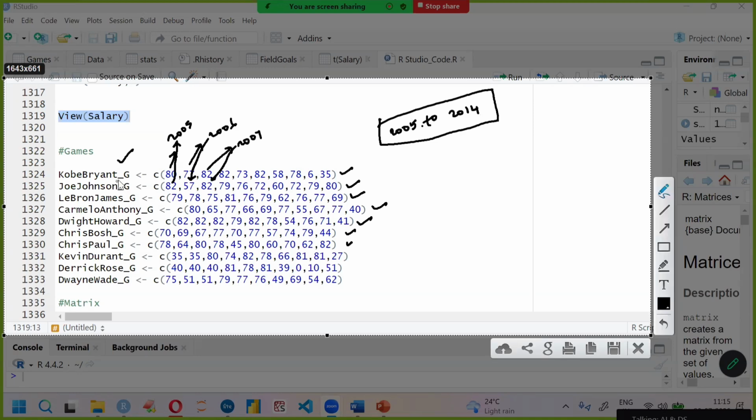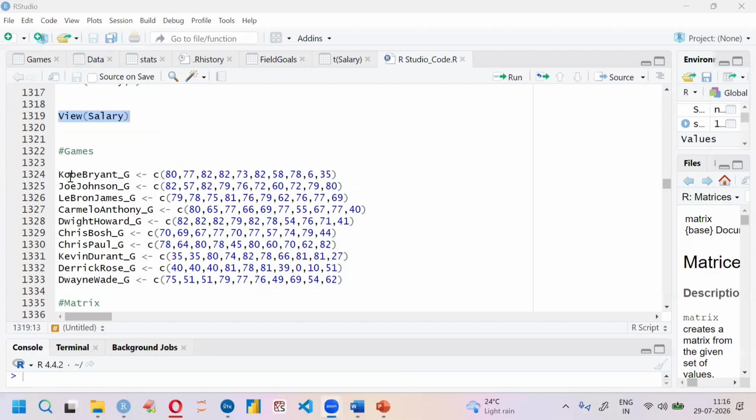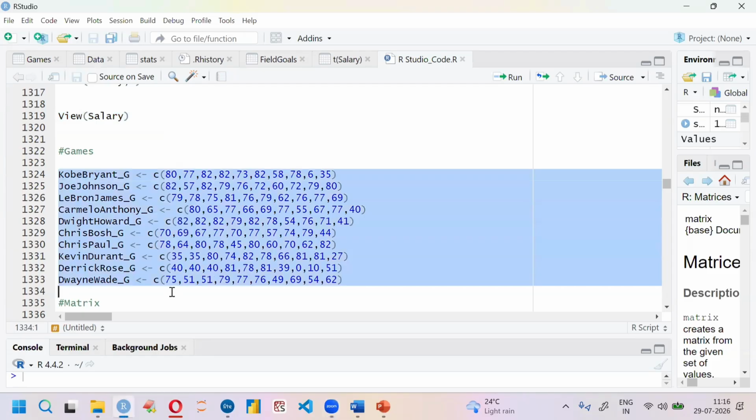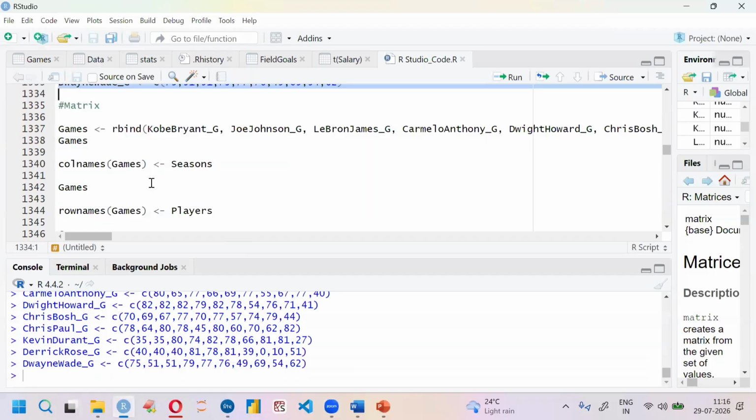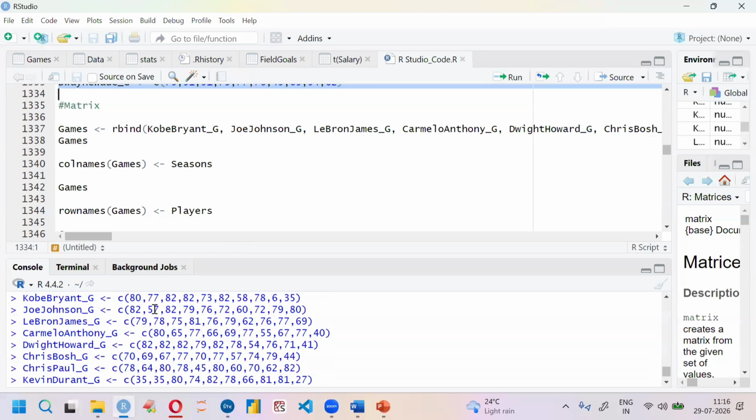Okay. So Kobe Bryant, if you observe, this is a vector. Joe Johnson, this is a vector. LeBron James, this is a vector. So what I'm doing is I'm running all the vectors. Right? We had run. So after running that one, now if you see, I had run different vectors over here,